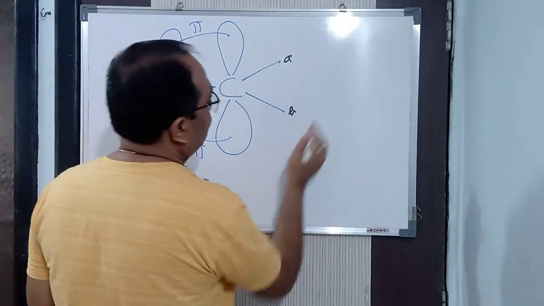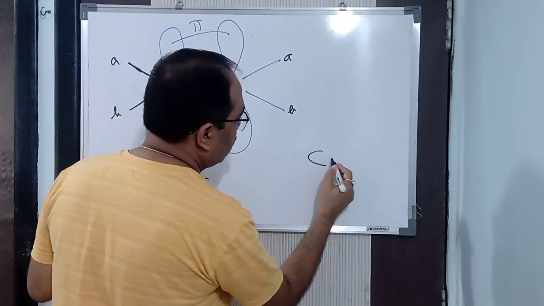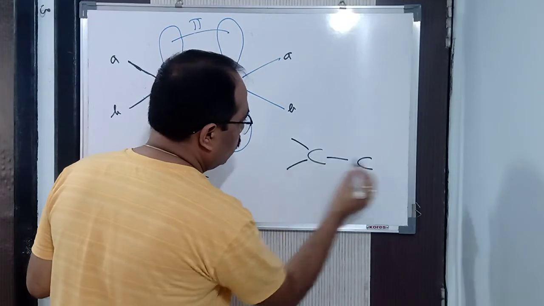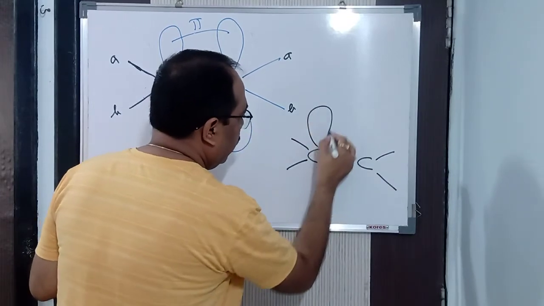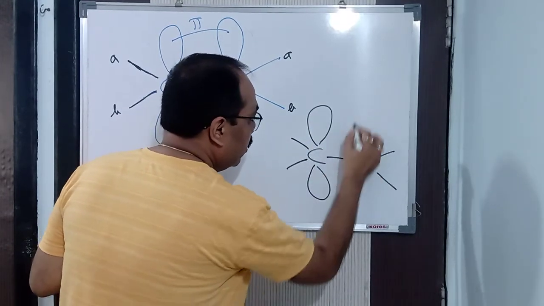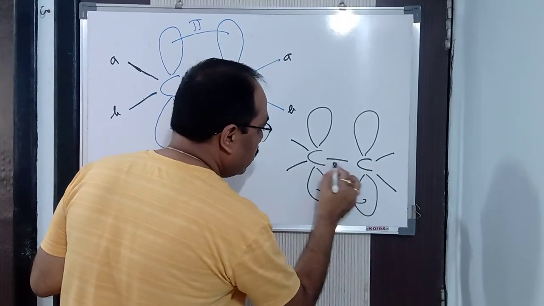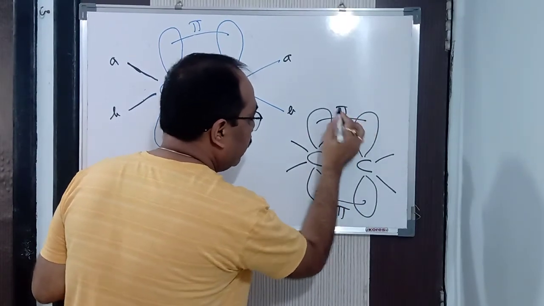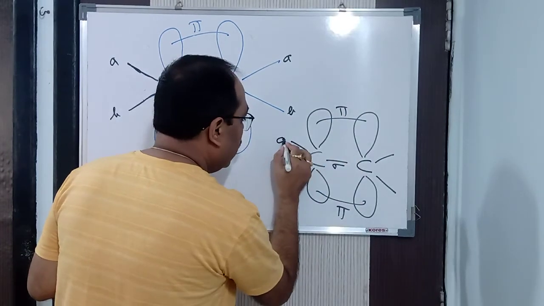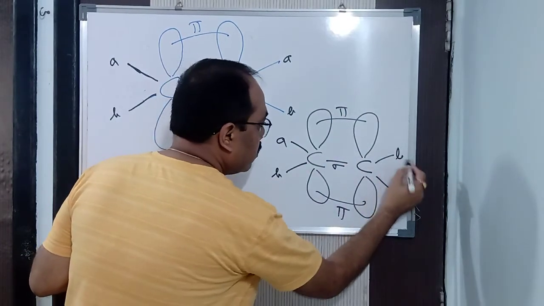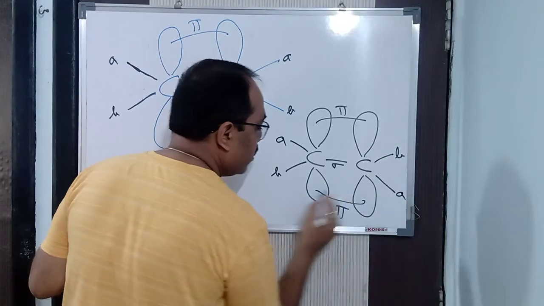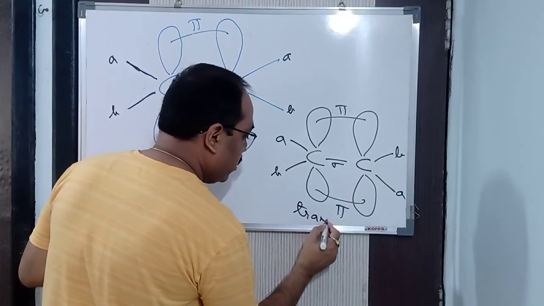Now this is cis. Now trans will be what? Here I am drawing a smaller one because I don't have the space to show you. Got it? I'll draw a small one. For the trans you can see, now this is your pi. This is sigma. This is pi. It can be either above or below, I just said it. In trans what will it be? C. This is due to restricted rotation. The trans will be in this way.